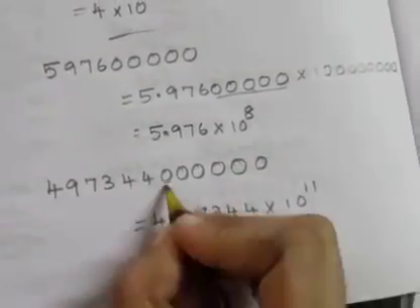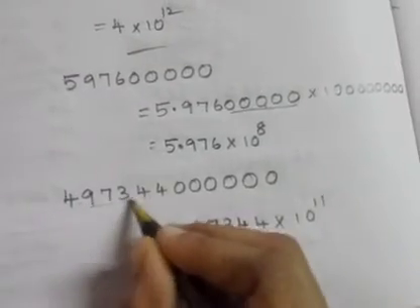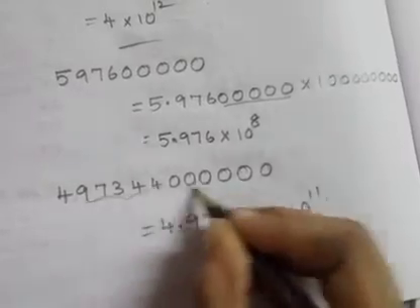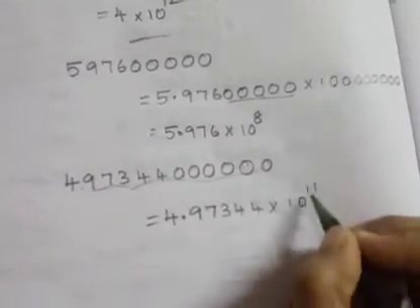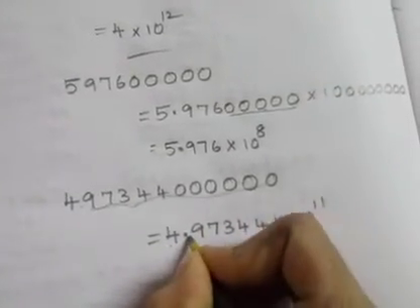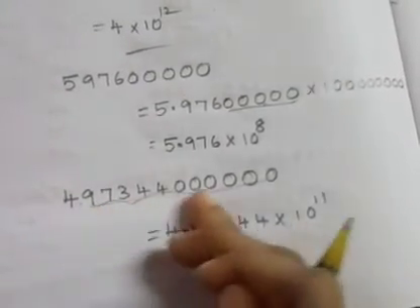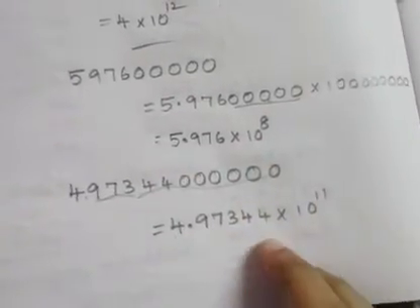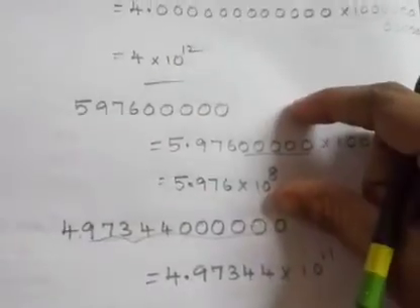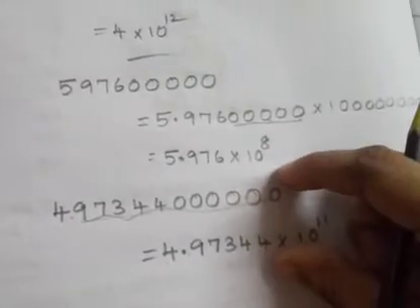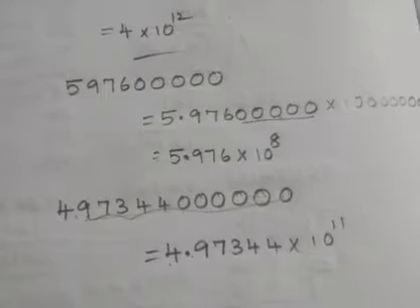Okay, write this, children. 4 point, then write all the digits, don't write the zeros. Into 10 power, you count all the digits after the decimal point and write 10 power that number. First you write the first number and keep a decimal point, and the remaining ones you count and write as 10 power something, without including the zeros. This is how you can directly write the answer instead of doing it the long way, because that way you might get confused. So this is easier compared to the previous one.